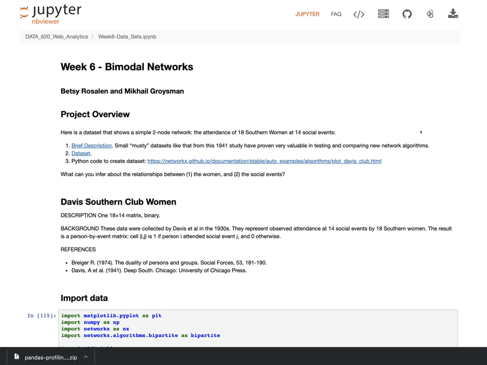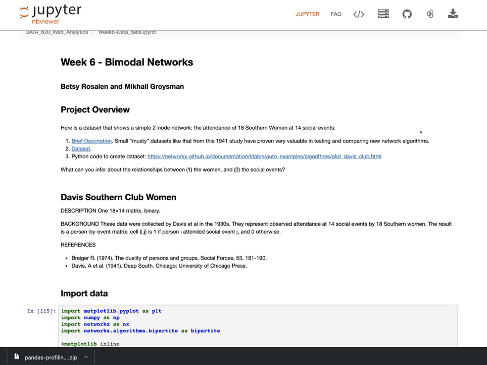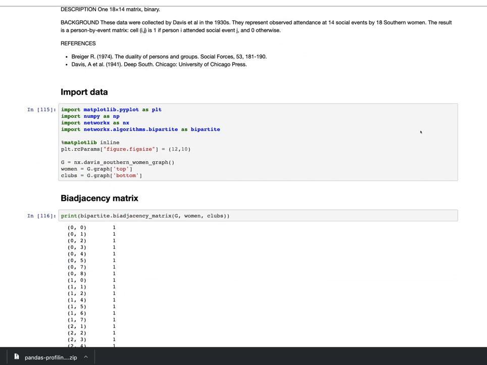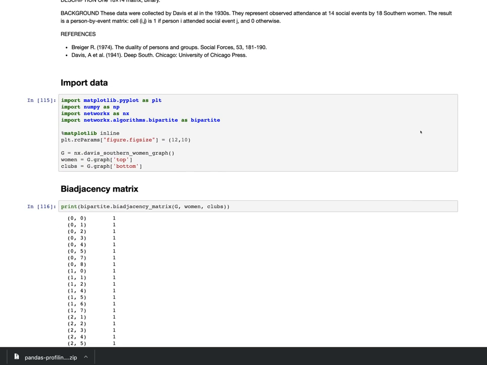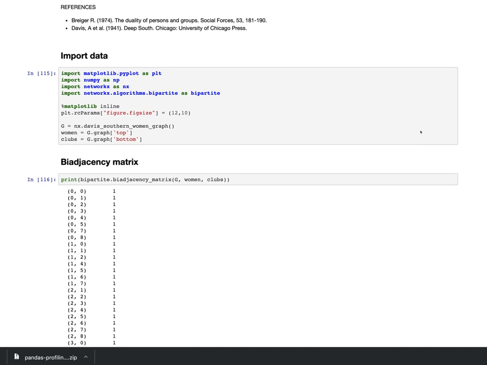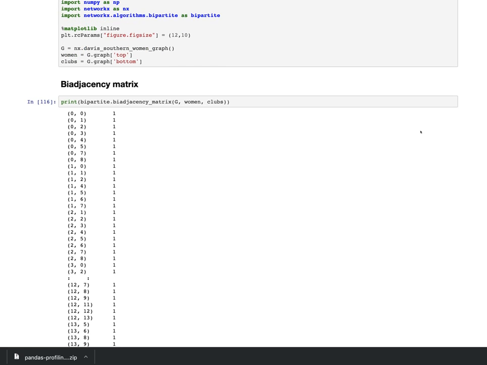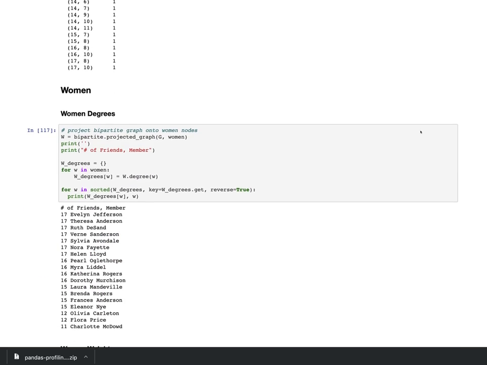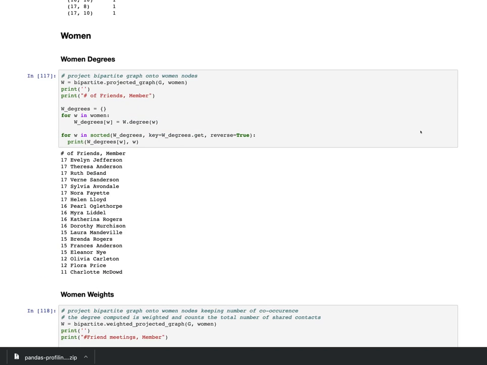This is the analysis of a bimodal network of the Davis Southern Club women. The data was given to us along with some code that we used to import the network and do some basic analysis. So the first thing was the bi-adjacency matrix, which I'm still not quite sure what we're supposed to be understanding from that. But moving along, we analyzed the women, which are the first type of node, by degrees and